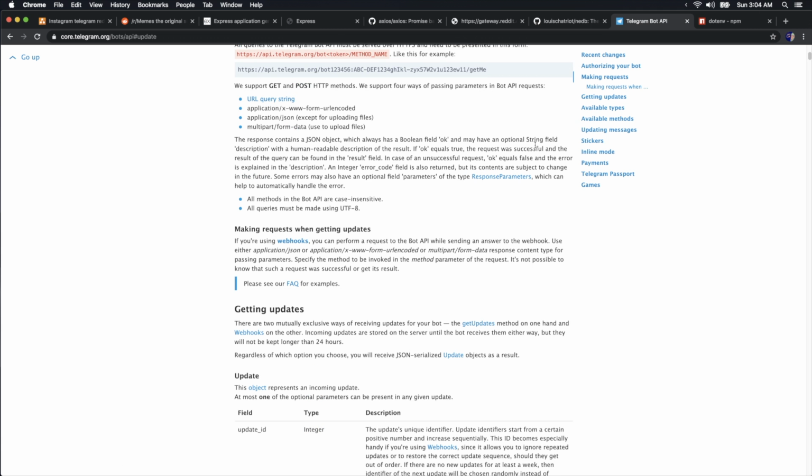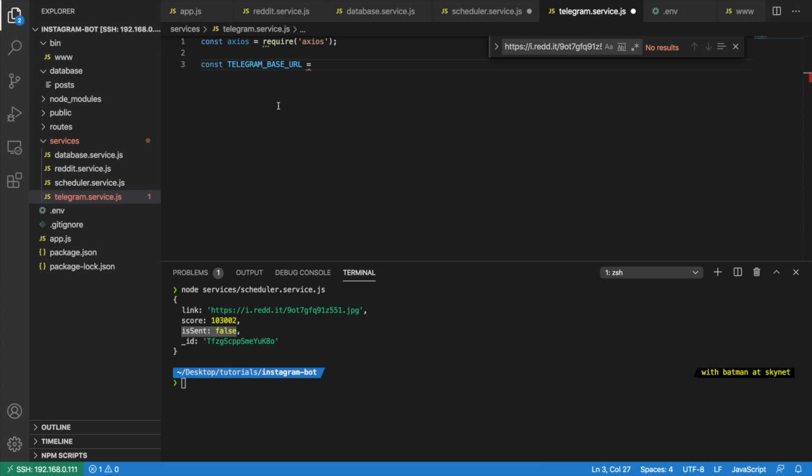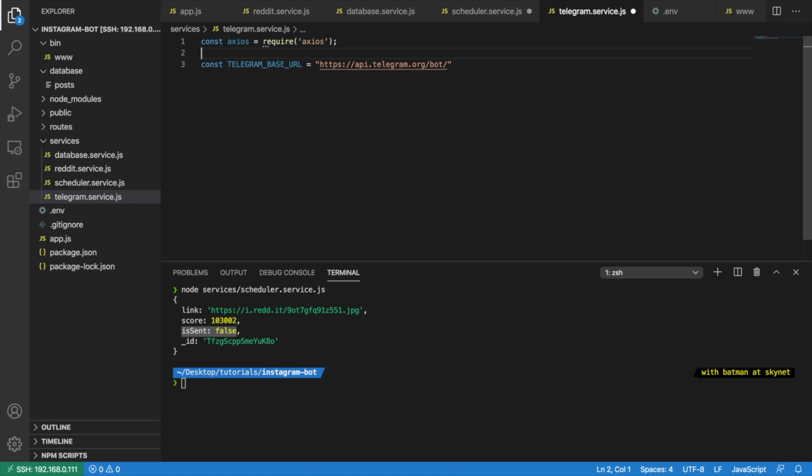We'll go here and this is the base URL. Just before the method name we are going to copy this and paste it here. And instead of token we need our own token, so bot token,